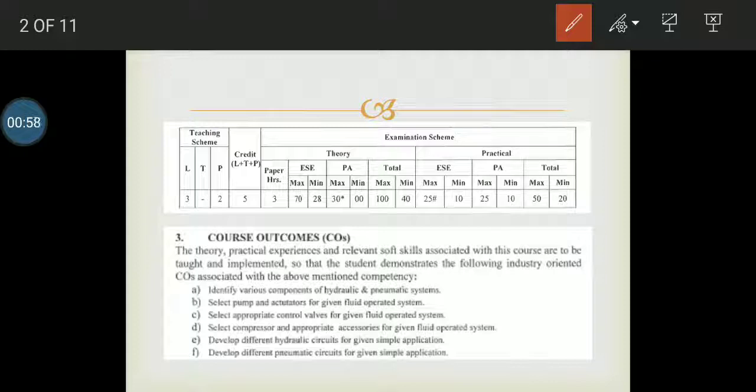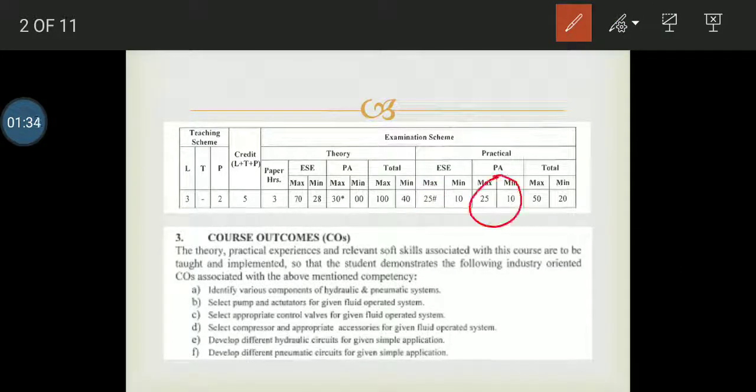The remaining 30 marks is related to unit test and other details like attendance and microproject submissions. All these consist of 30 marks in submission. Then talking about practical, it is based on 20 marks for the end semester exam, which is based on orals and practical examination. This examination is completely external dependent. The external will conduct the exam.